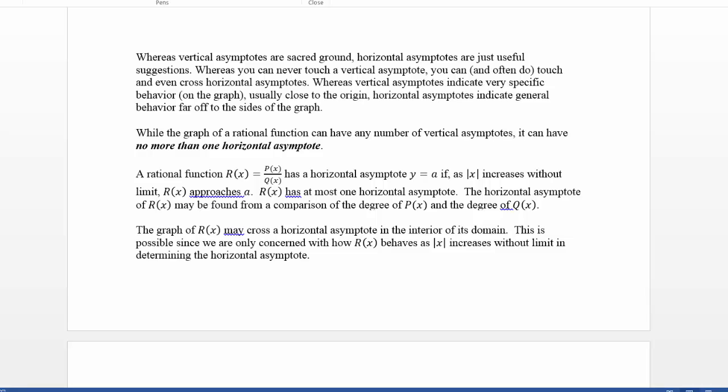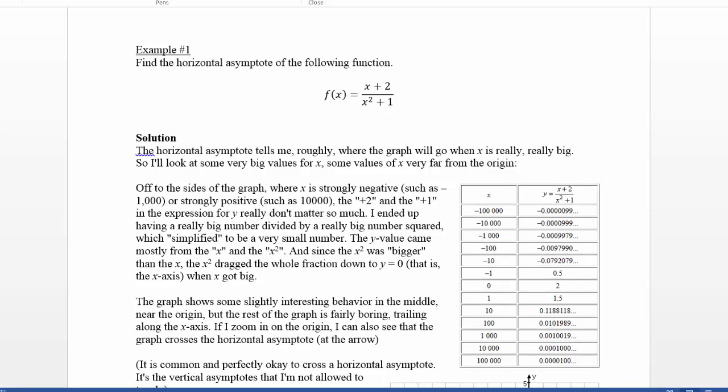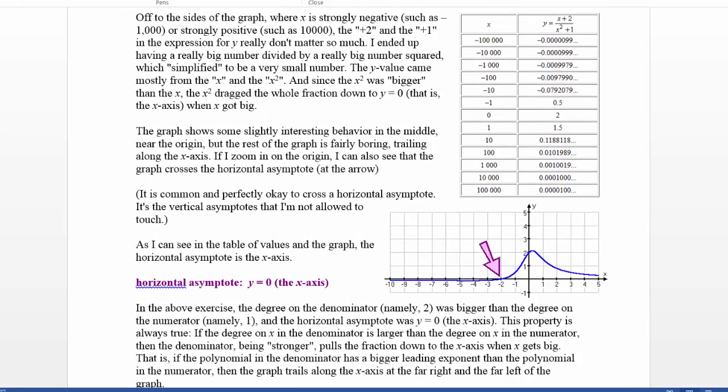Now, it would be wise for you to read through all of the information in these notes referring to the asymptotes. Now here we have an example about finding horizontal asymptotes, and you can see this is a rather lengthy explanation, and of course I would recommend that you actually read through this. Now you can see we've used a big T-chart here to find the values of this and come up with the actual graph. And so you can see in this graph here that we actually do have a horizontal asymptote at y equals 0, but we also have an